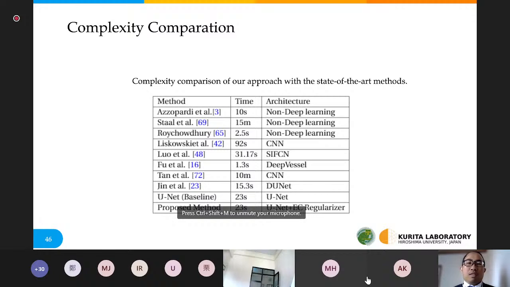And there is no difference in time between the baseline and our proposed methods. So the learning time of the baseline U-Net is almost similar to the proposed method. It indicates that adding the regularization term to the existing architecture does not tend to increase the execution time. And here, in terms of complexity of learning, our approach is not sensitive to the detection performance.